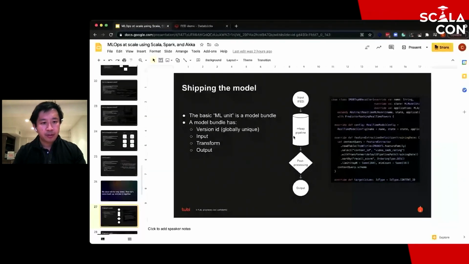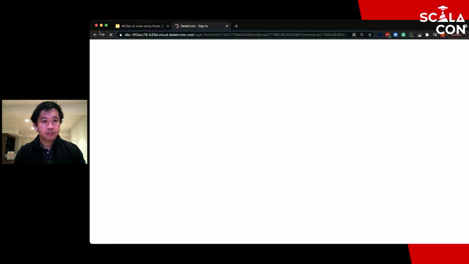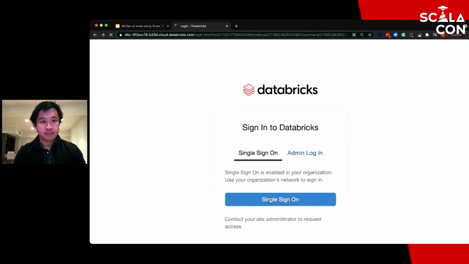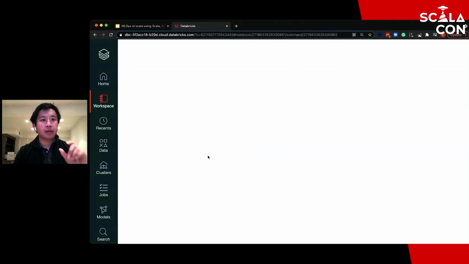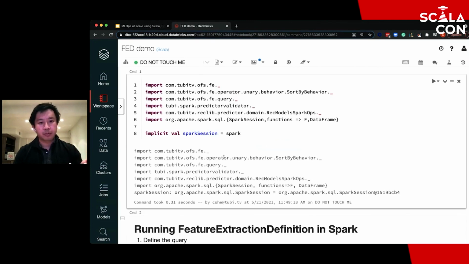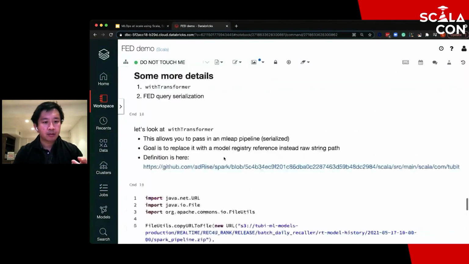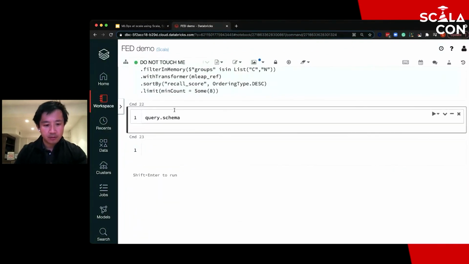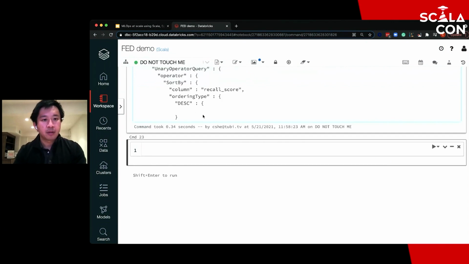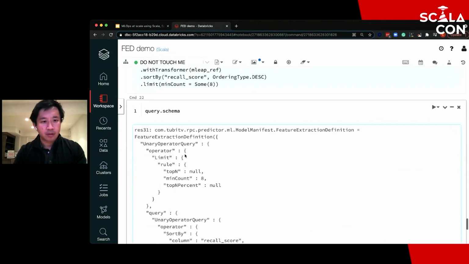So I'll just come back to the notebook and show you once more. I've got that query, and I can run that query in multiple environments, and also we can look at how that query is represented and serialized. If I just do, say, query.schema, we can break it down.